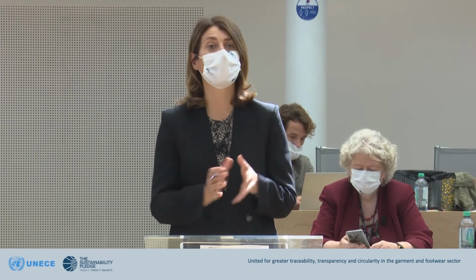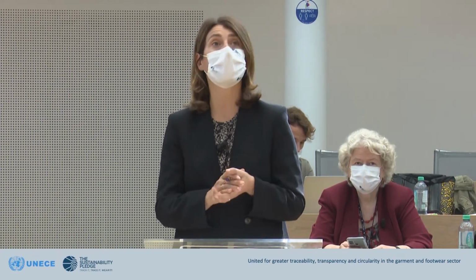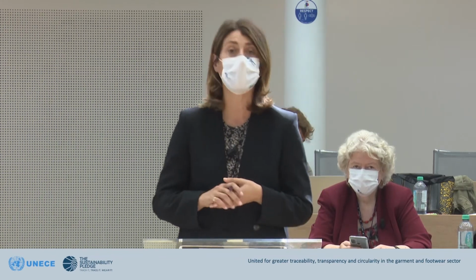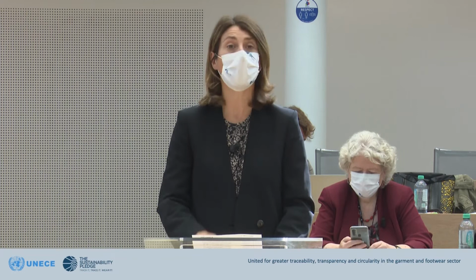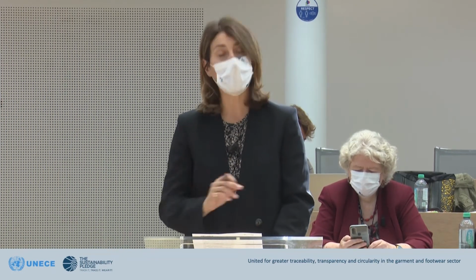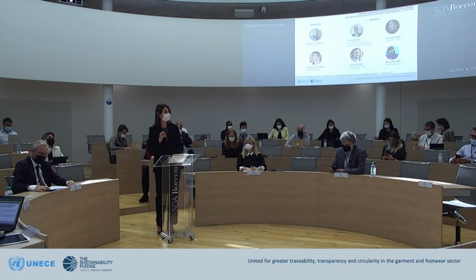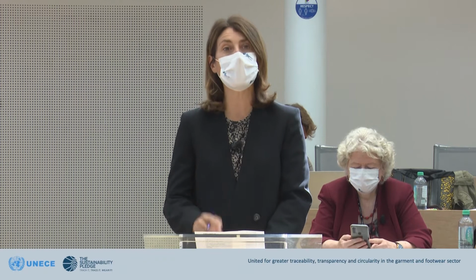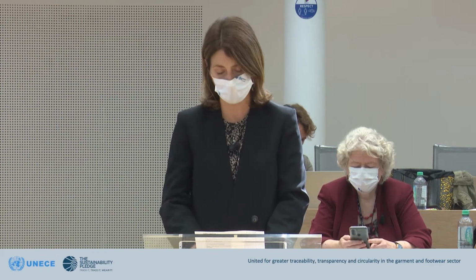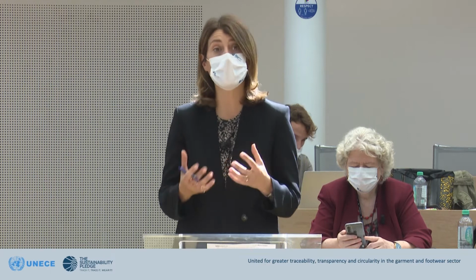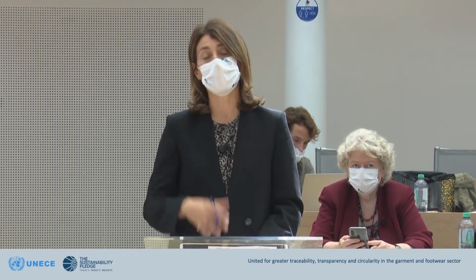So we have discussed how to shape a transparency and traceability program and action plan for an organization, for a company. We have looked at how to define objectives, how to identify the scope and the actions and possible impacts, how to identify key performance indicators to measure impact and keep track of progress, how to work on the governance and on the responsibilities of the people, the human resources that are going to be involved in the implementation,